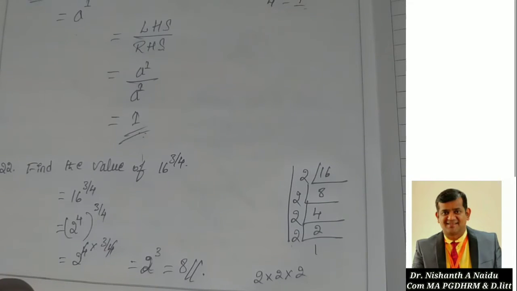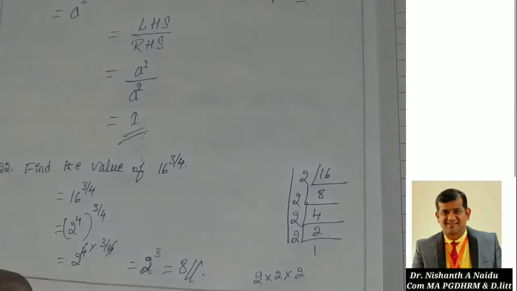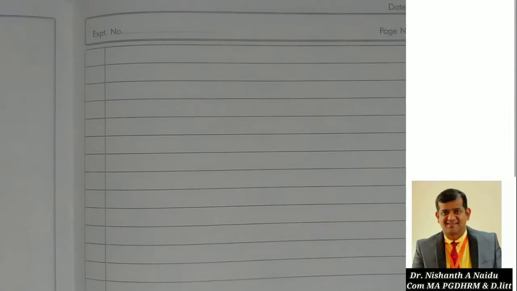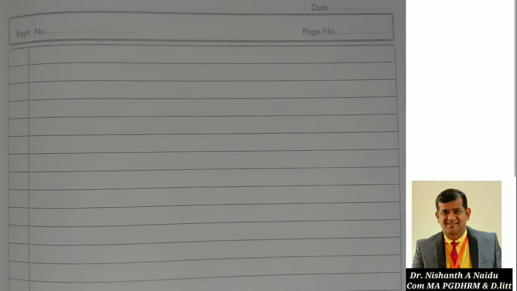So I am done with problem number 22. So let us move towards the next problem without any further delay. I believe you people are able to understand. If you have any doubt, make a note of such doubts. Then we'll have one call, a doubt clearance session, where I can clarify all your doubts without any issues. So next I'm moving on to the problem number